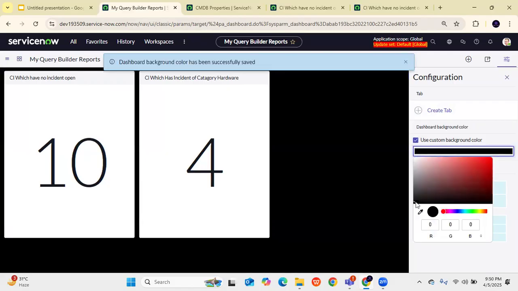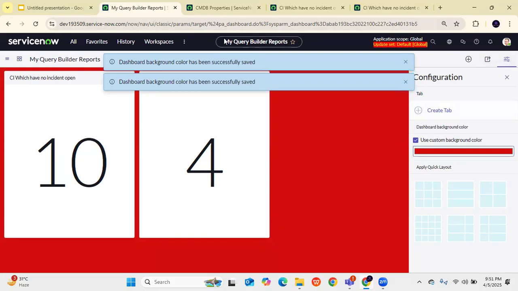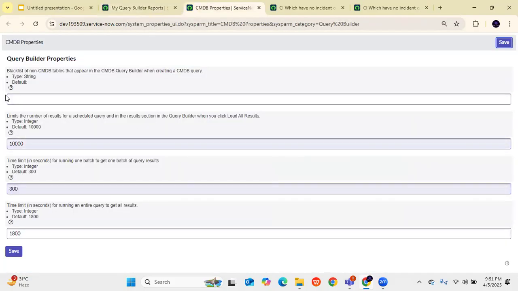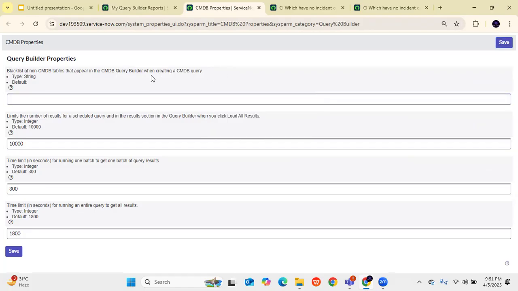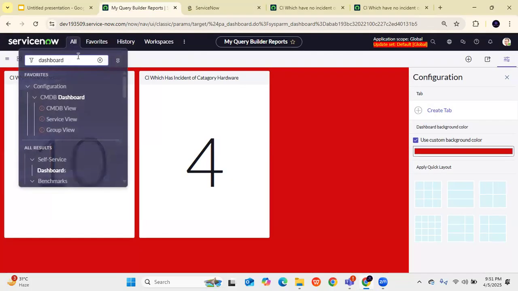The next thing I am going to show you guys is query builder properties. Here you can see we have a blacklist of non-CMDB tables that appear in CMDB query builders when creating a CMDB query. In our query builder there were two things, right? CI classes and the non-CMDB table. If you put any of the tables as a blacklist, let's say I have given incident only, and if I save it and again open the query builder,